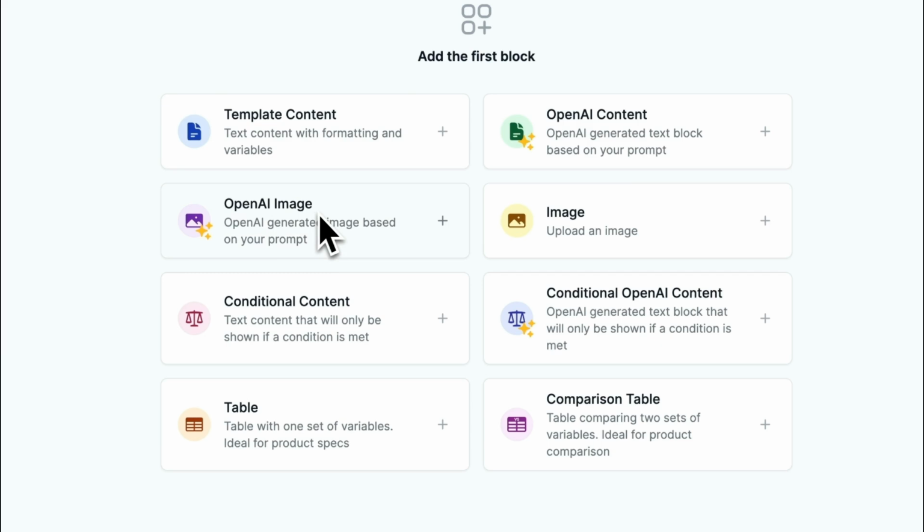So we're actually using Replicate instead, so I should change that. Then you can upload static images, and also we have conditional content, which is the template content, but with conditionals. We have conditional AI content, which is the AI content, but with an if condition based on data on the row. You can insert tables, both standard and comparison table, which if you want to compare two things side by side. For now, though,